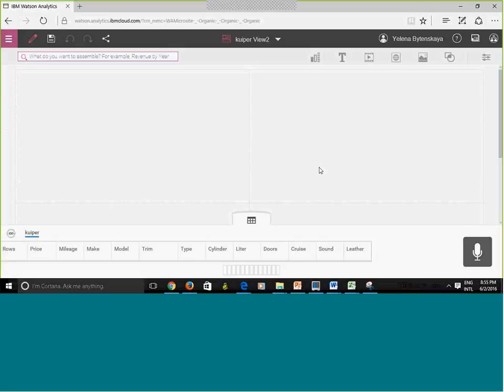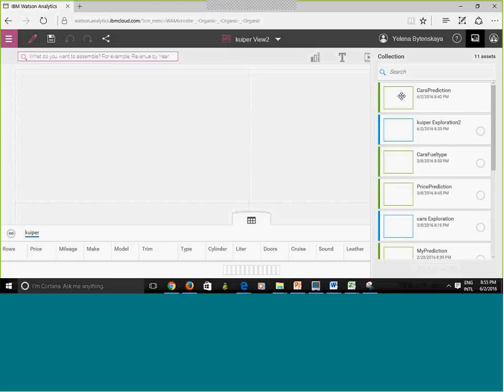Okay, there we go. So now I can add new visualizations, I can add text, or I can add the visualizations that I created earlier. See this? This is my car prediction. What I would do is select it and drag and drop. Now, see this area?